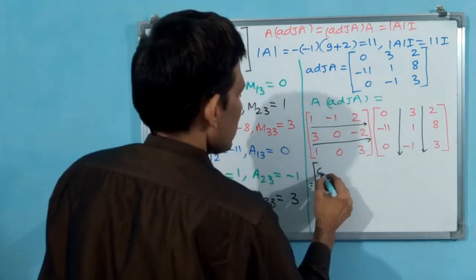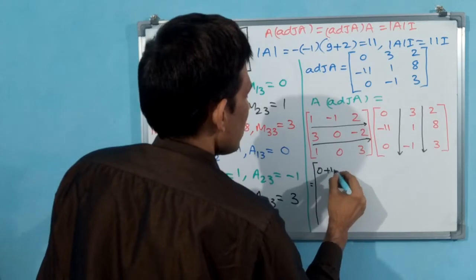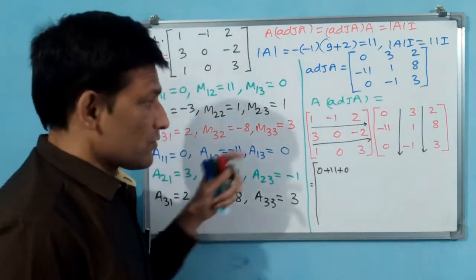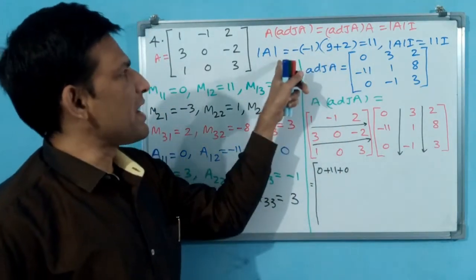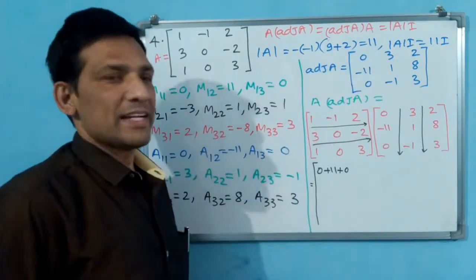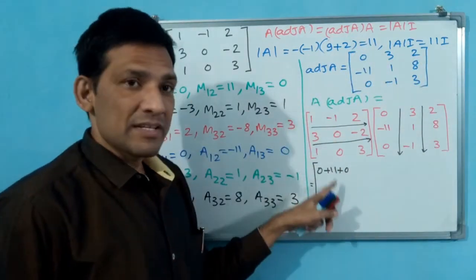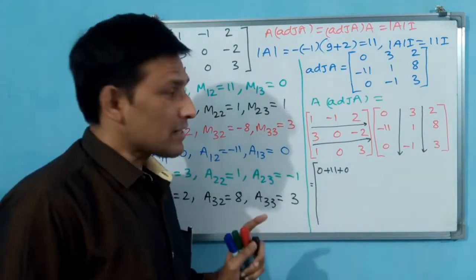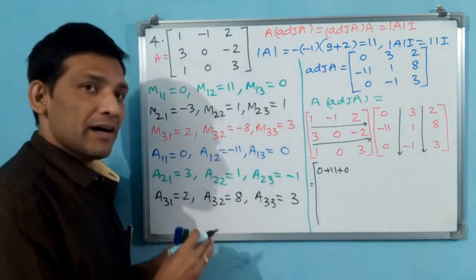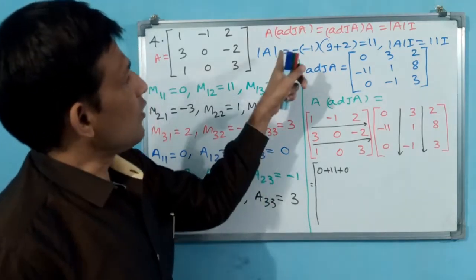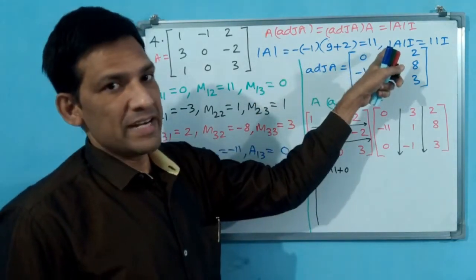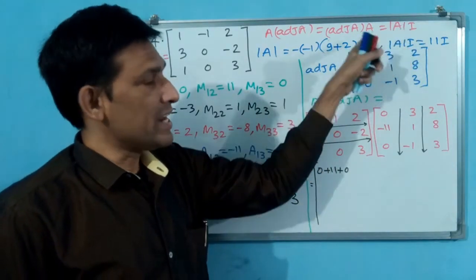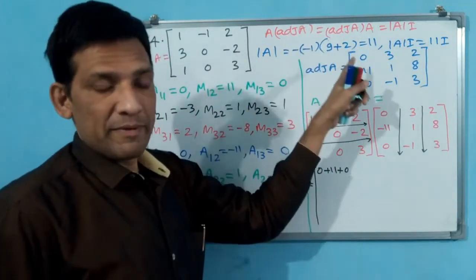Okay, see 0, plus 11, 0. Now you see what has to come. If you have made correctly this determinant, then you know the answer. 11I has to come. 11I means 11, 0, 0, 0, 11, 0, 0, 0, 11 has to come. If those are not coming, means again you can go back. But how can you confirm? You have to first make it very sure. Delta, because this is I, we know I you need not change. But A, delta, you have to find correctly.